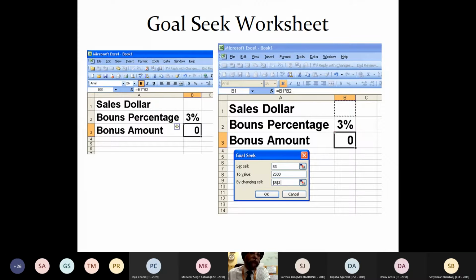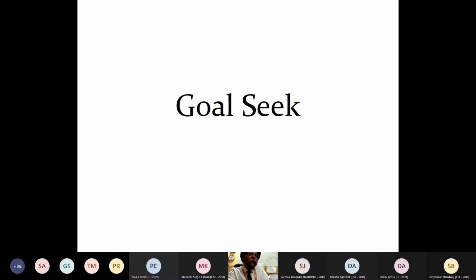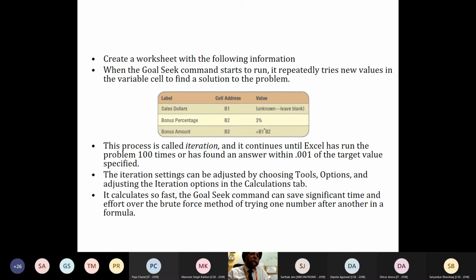At present it is 0. So you have to apply the goal seek over here in order to get it. I will tell you how to do the goal seek. Your worksheet should look like this. So these are the things which are to be done.